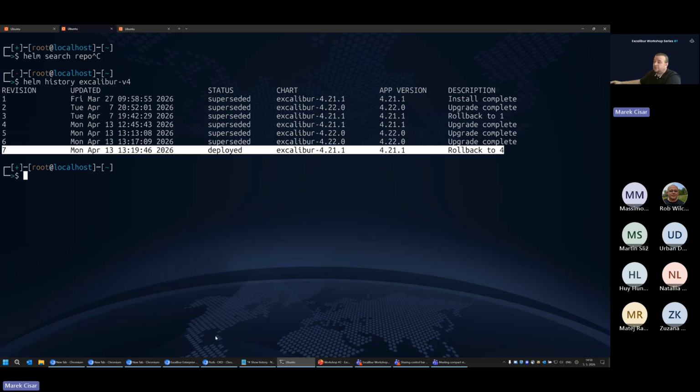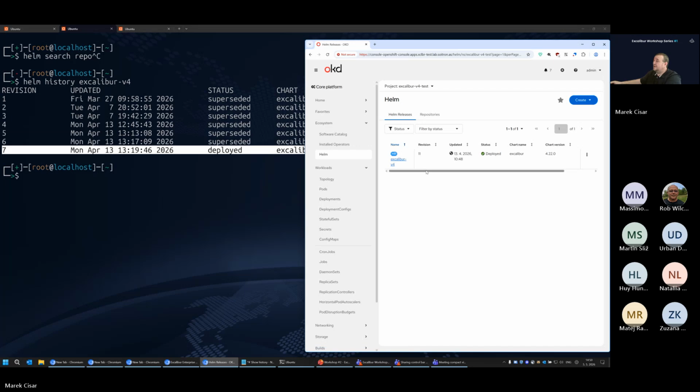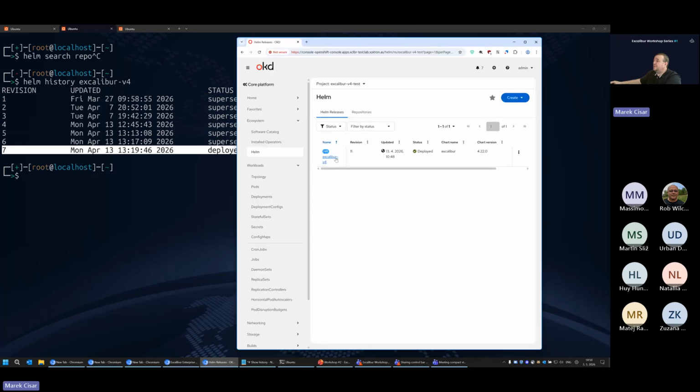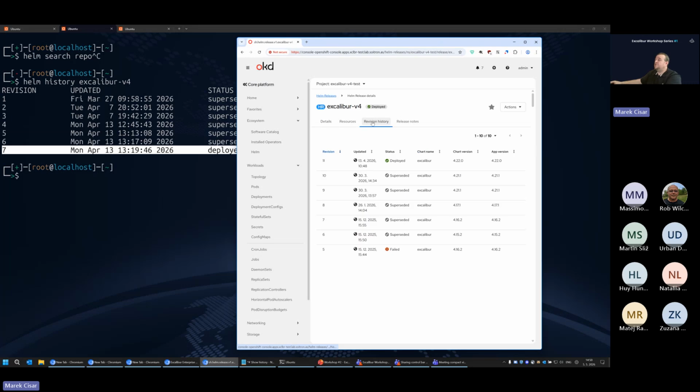And if we are talking about OpenShift, it is possible as well, because I will go here to the Helm. I will open this deployment, click on revision history, and here you can see what was going on.